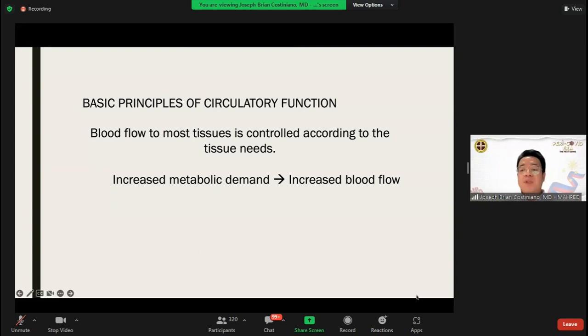So if, for example, you have a tumor, that tumor will produce angiogenesis and it will have increased metabolic activity. If it will have increased metabolic activity, then of course you will have increased blood flow. Kaya pag bulky ang tumor, lots of blood vessels, increase ang blood flow, nagiging madugo ang surgery. No? Kaya mahirap mag-surgery nang hindi nagde-debulk, no? Walang debulking ng primary tumor kasi nagiging madugo.